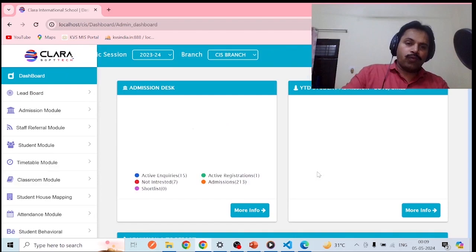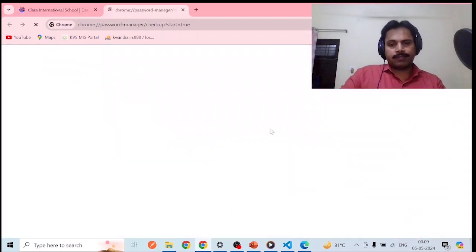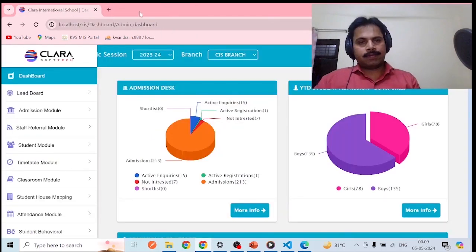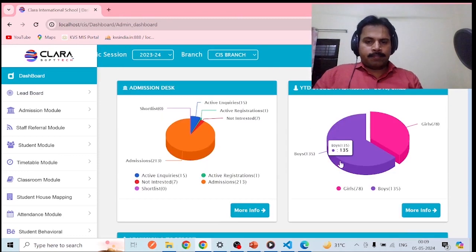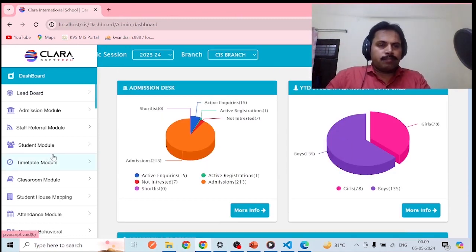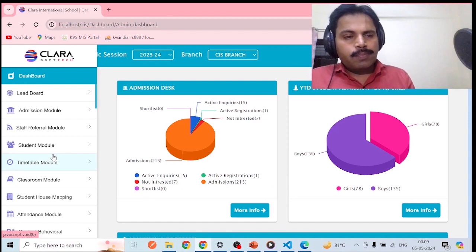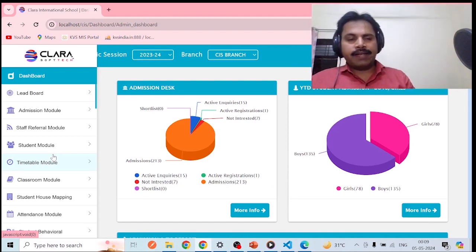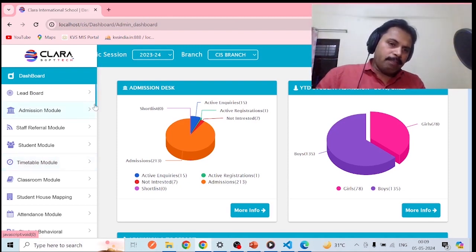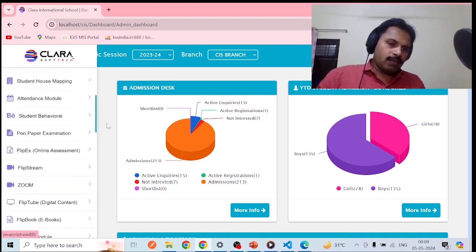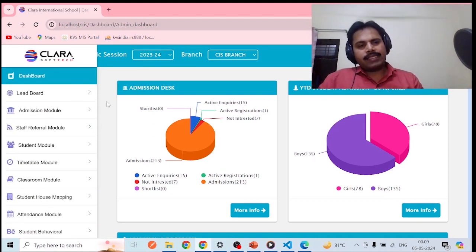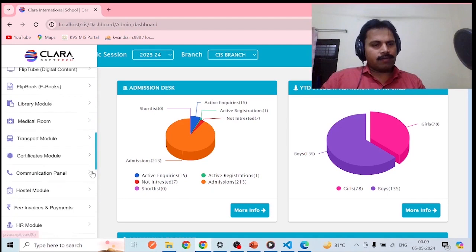So now you can see that this PHP CodeIgniter project is running. There are many more modules developed here. Like this, you can create your